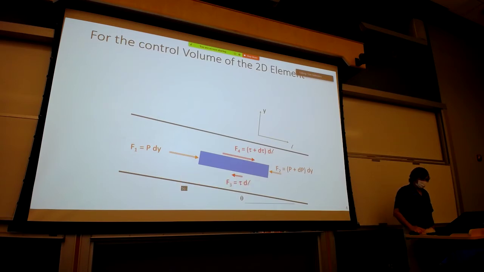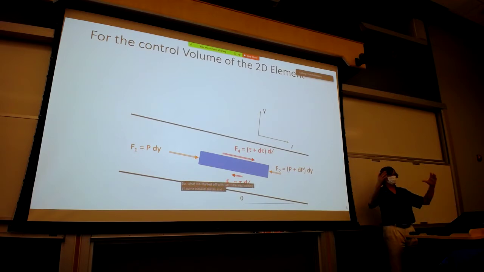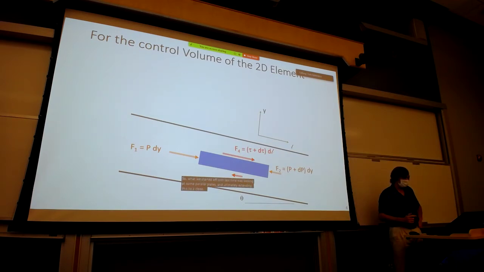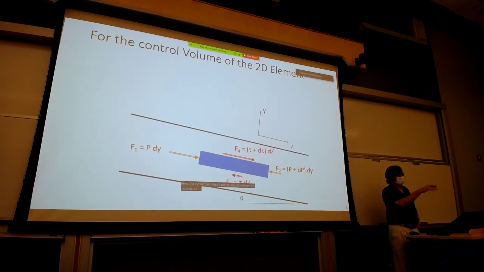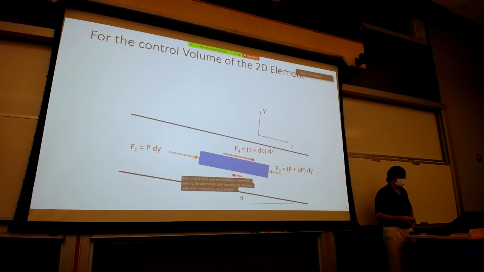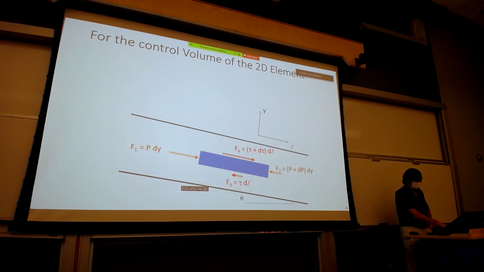So what we started off with last time was looking at some parallel plates and ultimately extending this to a closed conduit. The parallel plates are convenient to look at as a start, and we're going to have fluid moving between them, but basically it's infinitely wide, and it makes for just a simpler analysis. And what we did on this was